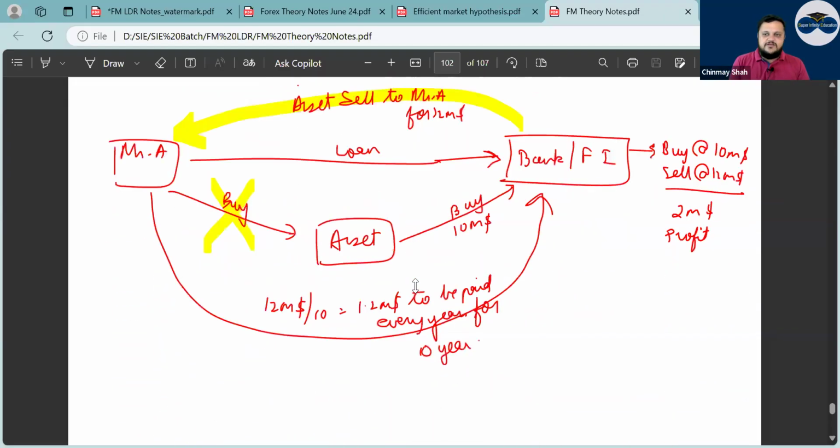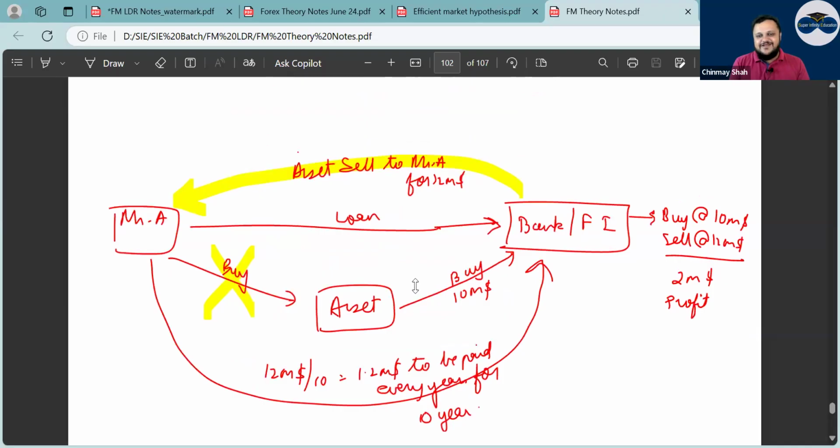But when it is Murabaha, correct, what happens? Tell me. Mr. A will not buy the asset. The asset will be bought by the bank at 10 million. The bank will add what? Tell me. 2 million of interest component or profit component as they call it, correct? And sell it for $12 million to Mr. A, and receive this money in 10 or 12 installments, depending on how the work happens, correct?